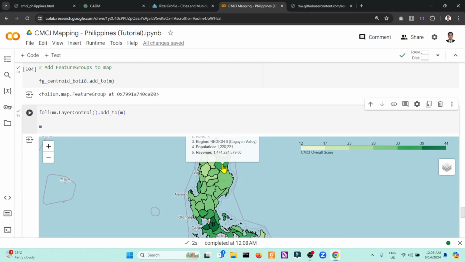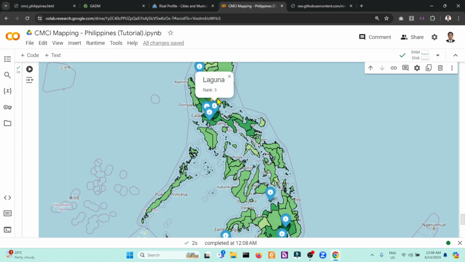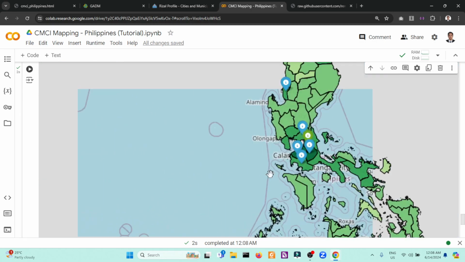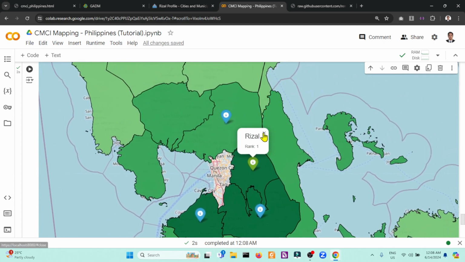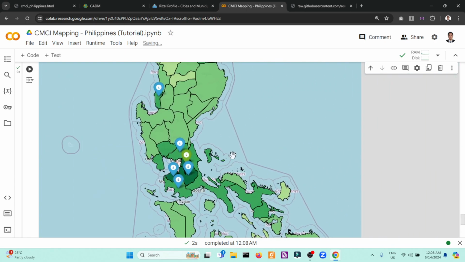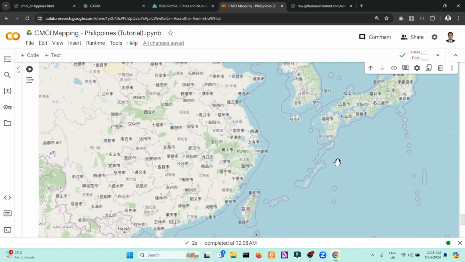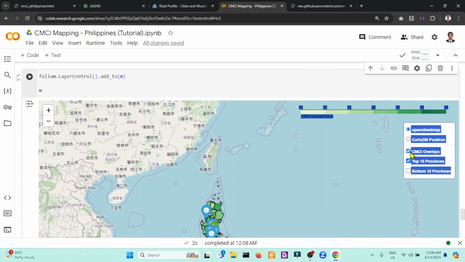Okay, so we have CMCI overlay with complete data. Then we have top 10 provinces right here. Green, which is again, I think the green one, if I zoom, it will be Rizal. And if I show you the bottom 10, I think we have this one.